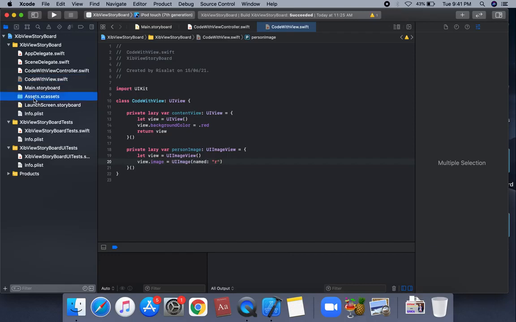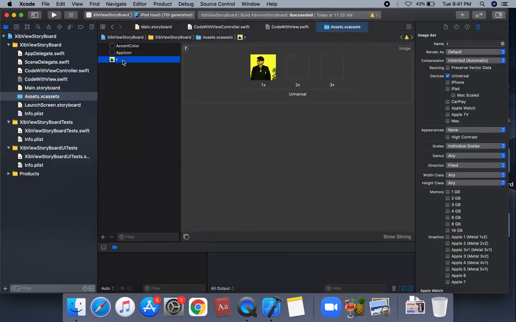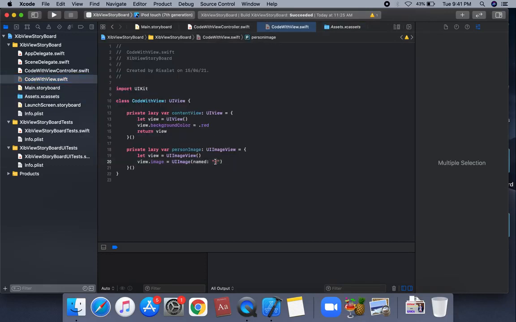We're gonna import this R image, command C and command V, and assign this R image, confirm this image, and return view. Complete on this person image.